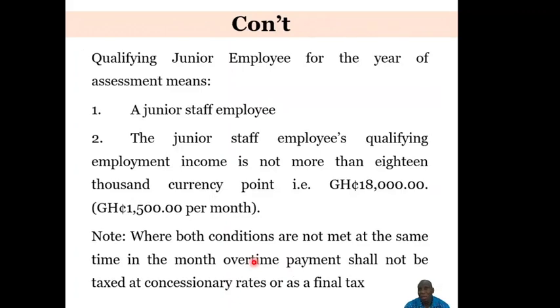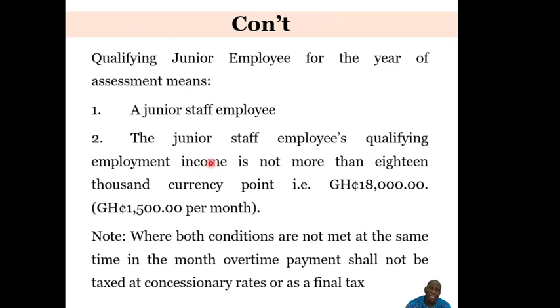The question is, what's the definition of a qualifying junior employee? Two things must feature in that definition. If any one of them is missing, the person is not a qualifying junior employee. I repeat, for a person to qualify as a qualifying junior employee, two things are required. Number one, the person must first of all be a junior staff. And then number two, the junior staff's